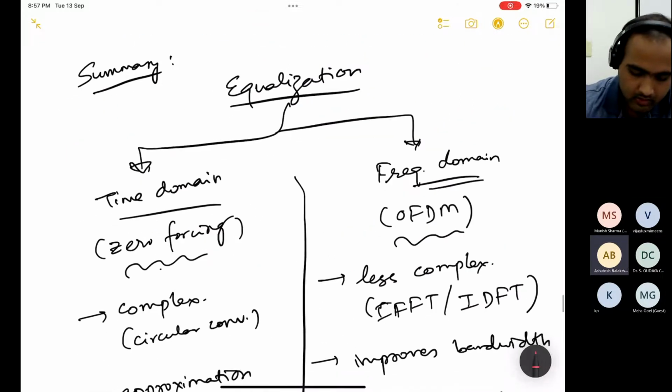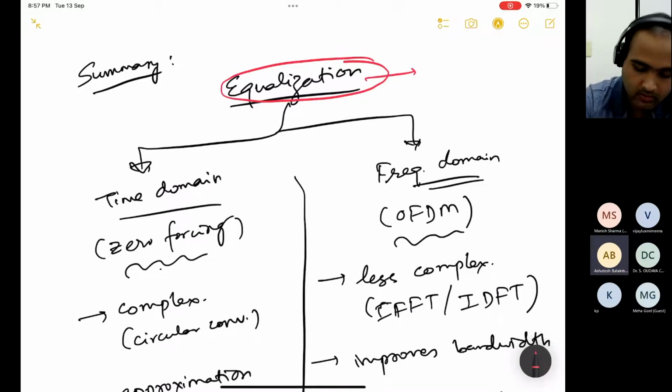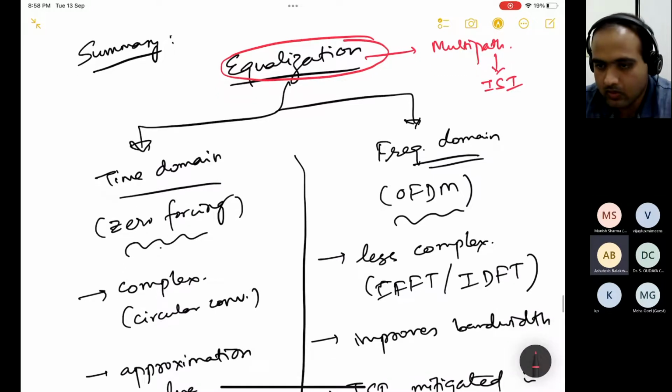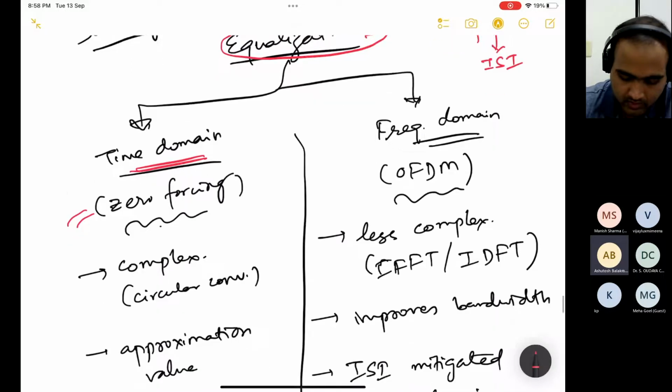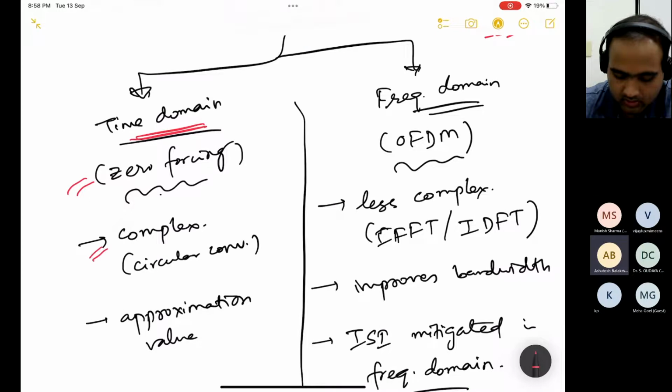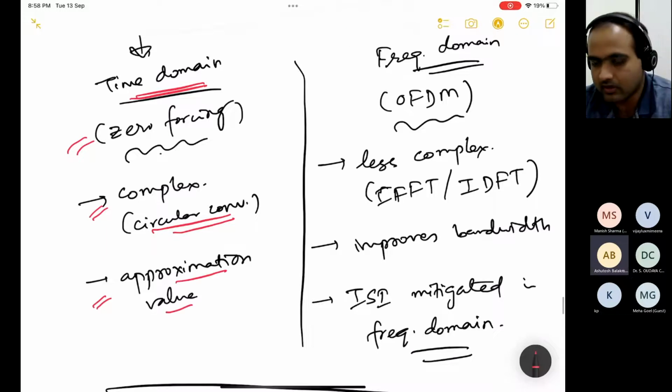So in summary, equalization, right? Why does equalization happen? This is because of multipath, because of which ISI happens, which is inter-symbol interference. And we saw two ways how to deal with this ISI. So in the time domain, we saw the zero forcing. The zero forcing is pretty complex because it involves circular convolution in the time domain, and then it also has an approximation value only. If you just remember that we used to compute the projection matrix and all that, it used to give an approximate